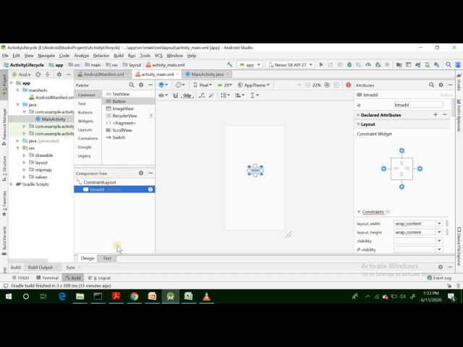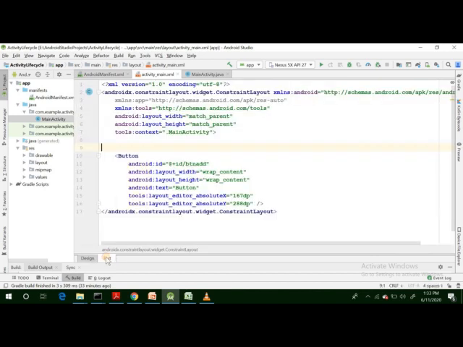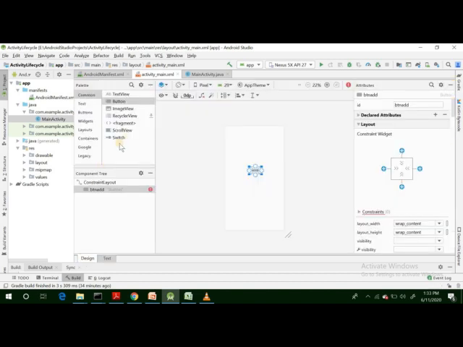Now if we look at the second view of this layout file, we can look at the text view. I already explained that the layout file's code is written in XML format. Actually we do not need to write any code inside the XML file. We can simply draw, bring the elements from here, and place them inside that layout.